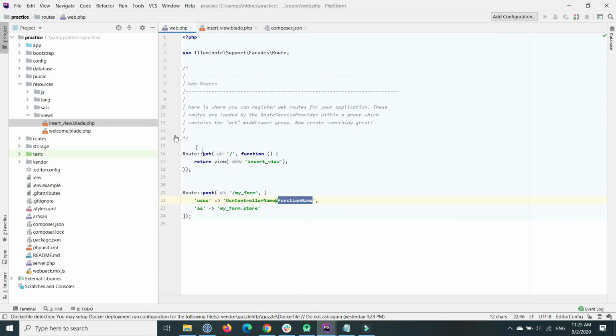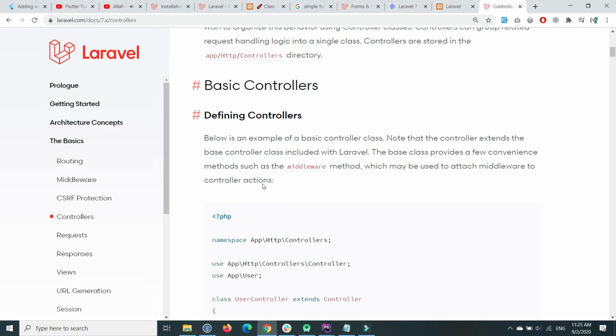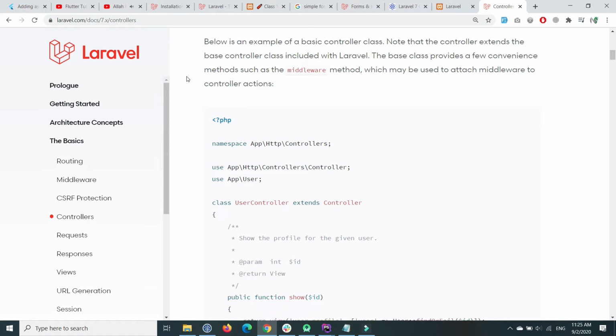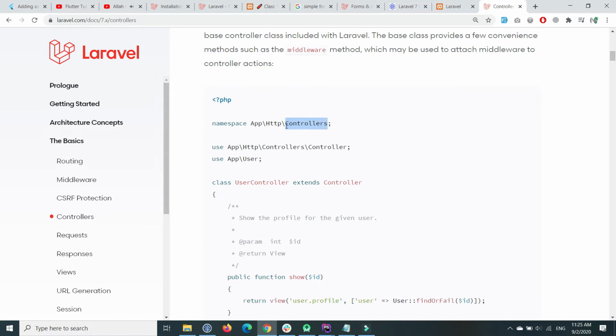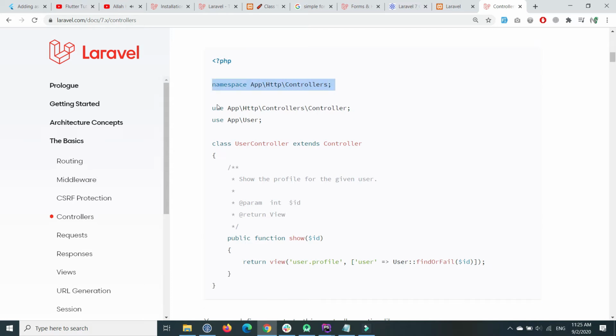So the first step is to create a controller. Here I already defined a dummy controller name and its method. Now it's time to create a controller and some method of the controller. This is the documentation of the controller, and the link is also mentioned in the video description. Okay, so here I copy all these lines of code to create a controller, and name the controller with a